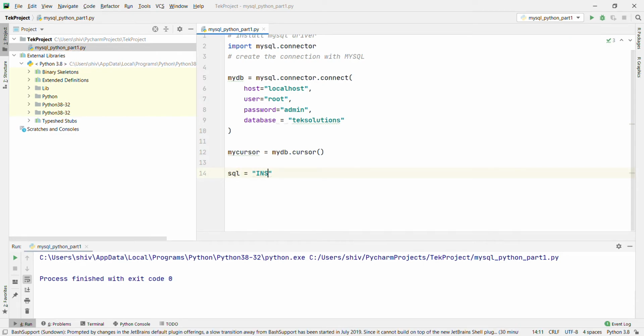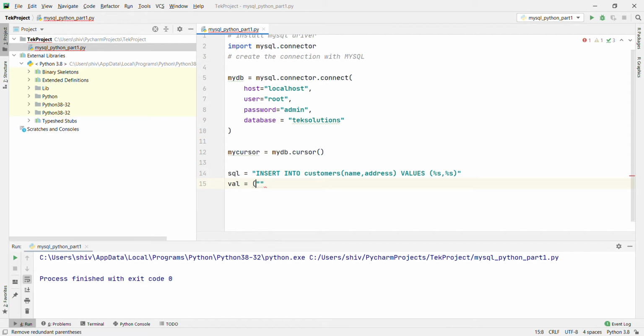INSERT INTO customers (name, address) VALUES (%s, %s), and val equal to John, Highway 213.